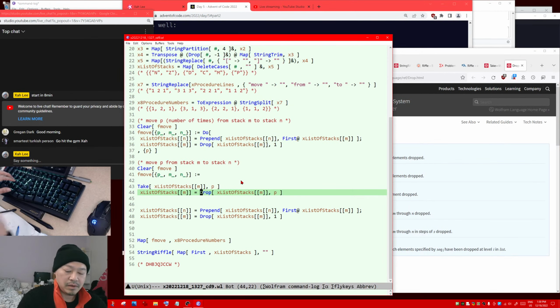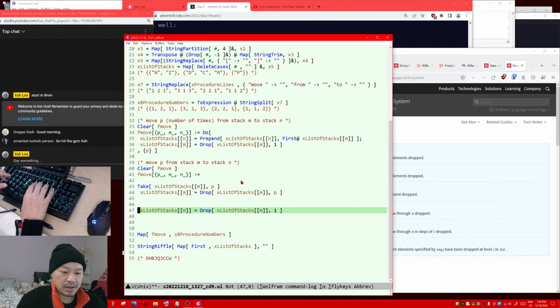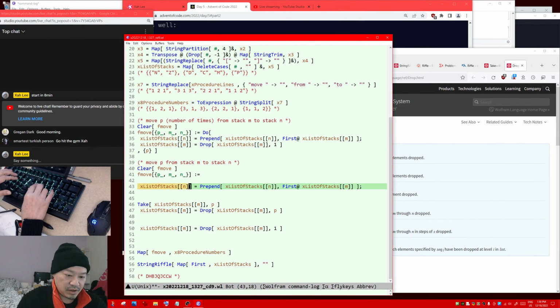Yeah, and you assign them back to M. Then those newly taken items you need to add to N, so you need to prepend. That's right. So this line needs to go first. So the new N, stack N, one stack